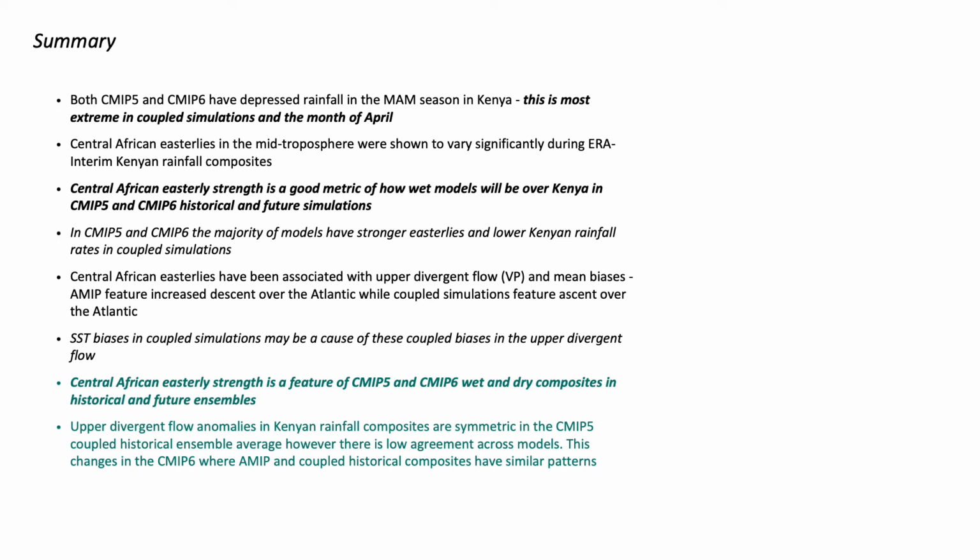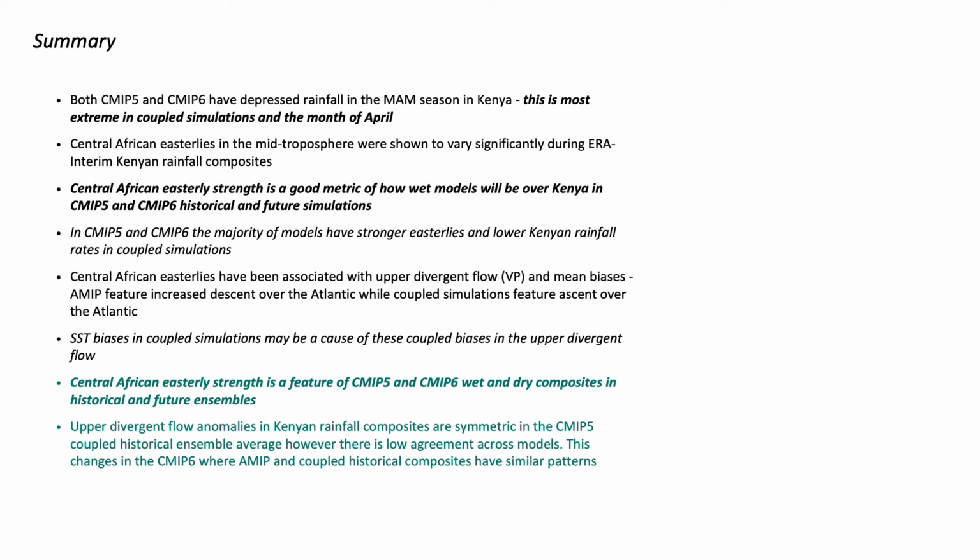and Central African easterlies have also been associated with the upper divergent flow or velocity potential in the upper troposphere and associated mean biases. AMIP features an increased descent over the Atlantic, while coupled simulations feature ascent over the Atlantic. Sea surface temperature biases that we've related to these large-scale flow differences may be a cause for some of the coupled biases in the upper divergent flow, although this is quite complicated and needs to be understood in terms of